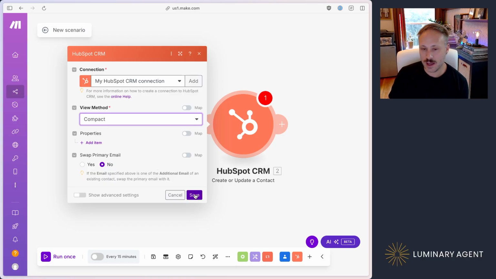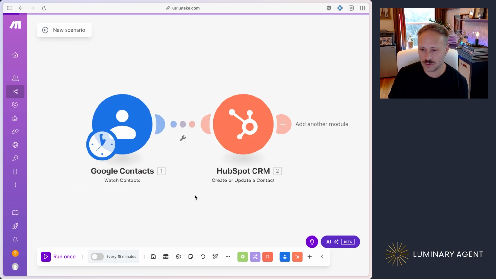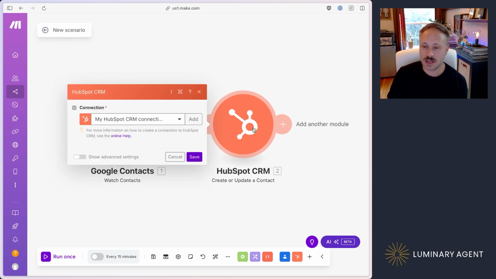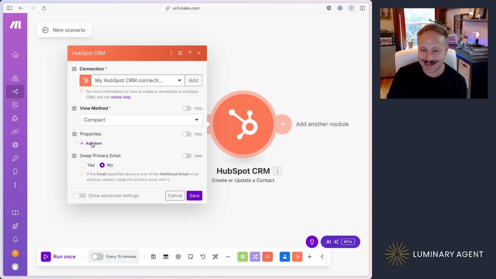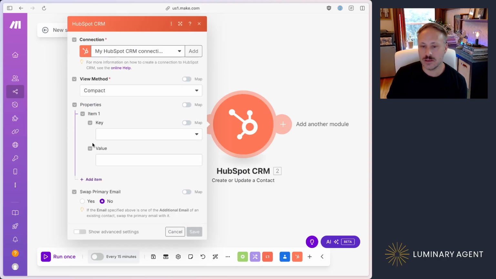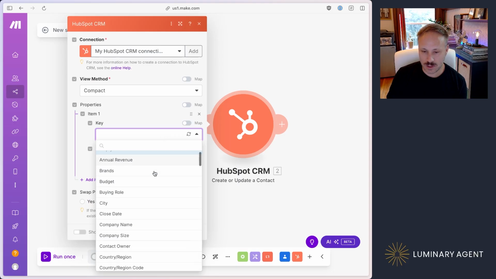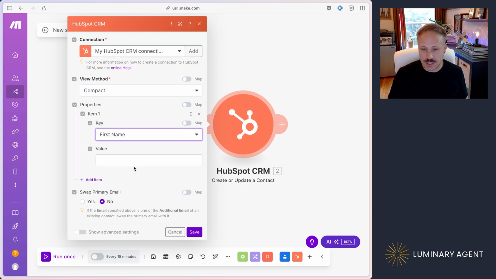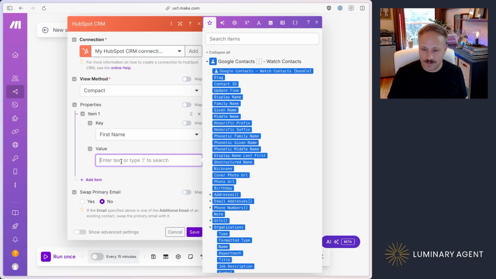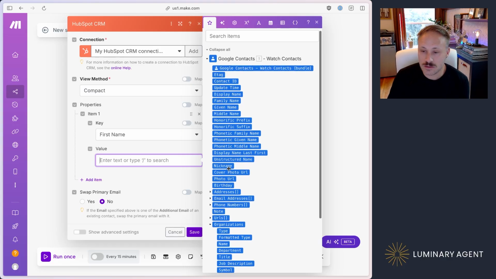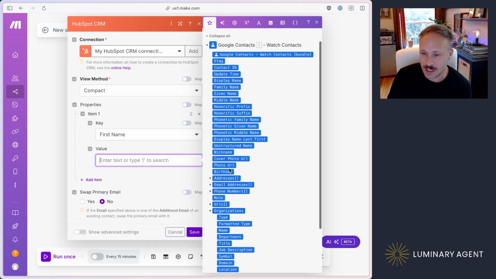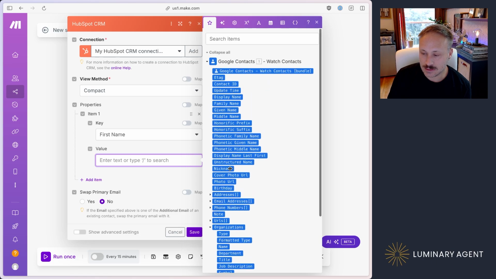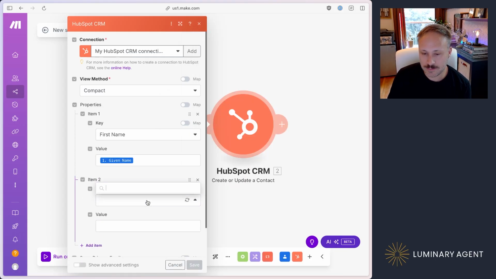And then we'll go ahead and just leave all the rest of this alone, and we'll just click save for now. And now I can click into this and I can add different items. So let's say I want to go to, let's find name. Let's do first name. And then when I click on the value, these are all of the fields that are available in Google Contacts. So I'm going to click on given name, which is first name,